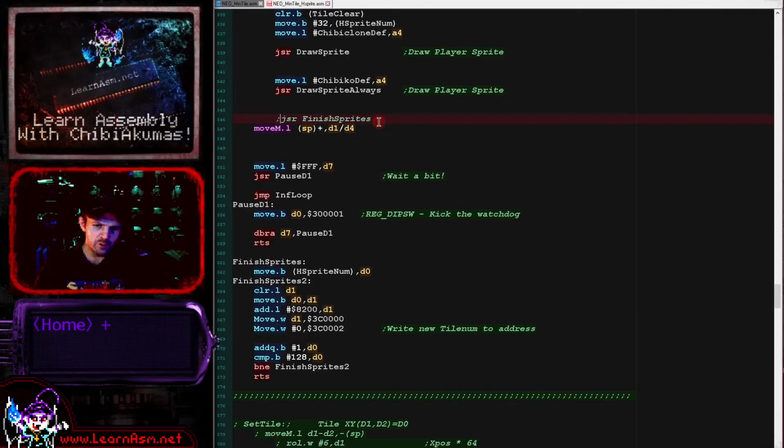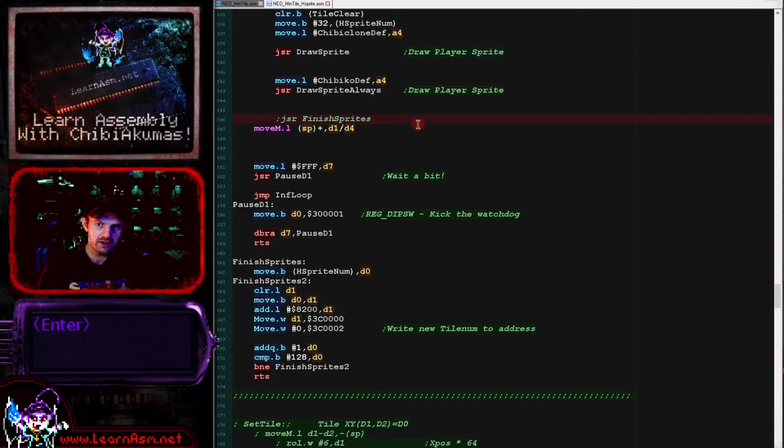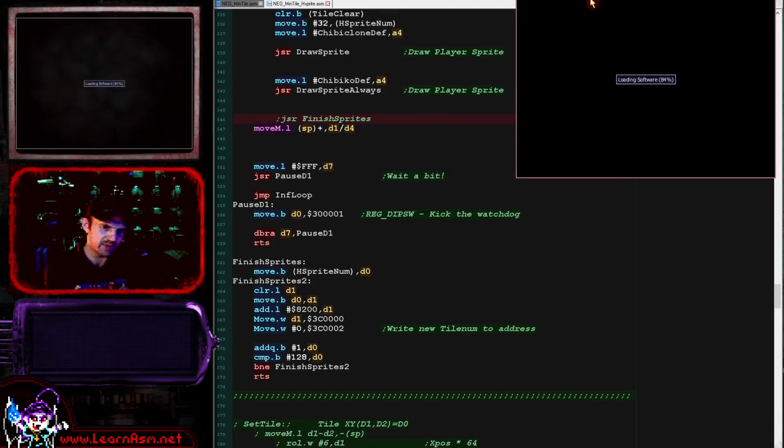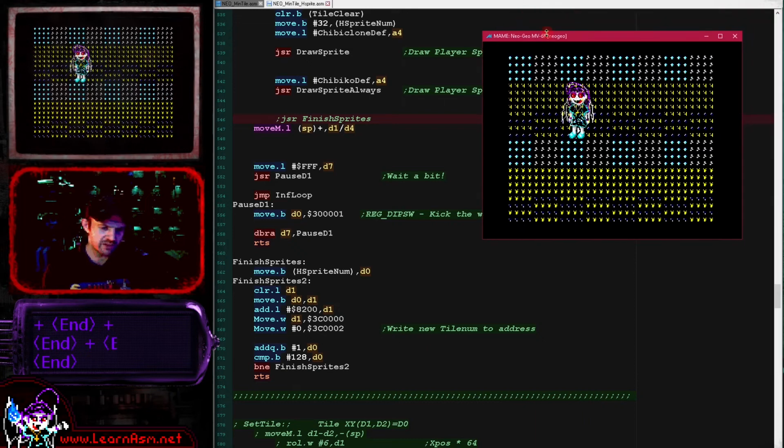Now, if I remove this line here, this finished sprites routine here, and then I run the examples again, it will initially look like it's working just fine, and it indeed will be. But then once we actually start using it, we'll notice some glitches. So if we just get there, here we go. So everything looks fine at the moment, but